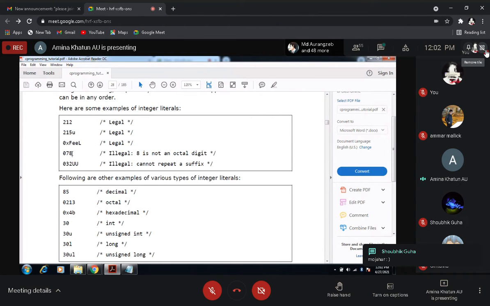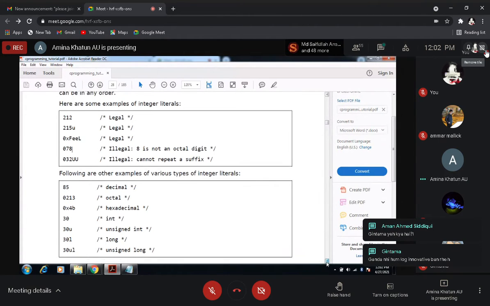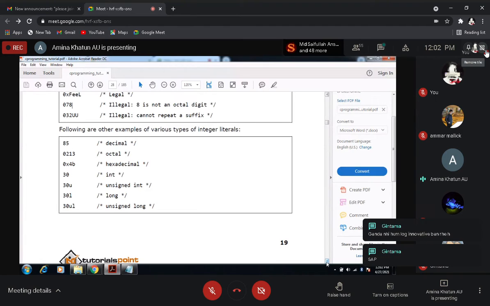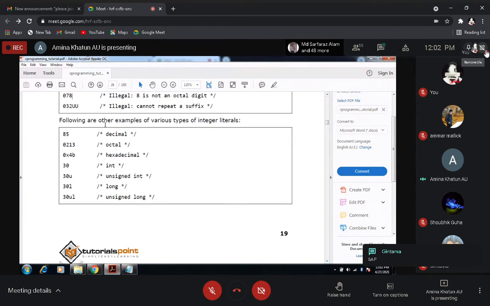That is why it is invalid. Next, 032UU is also invalid. Why? Because you can see the suffix U is doubled, so you cannot use that suffix twice. There are also some other examples that we have already seen before.